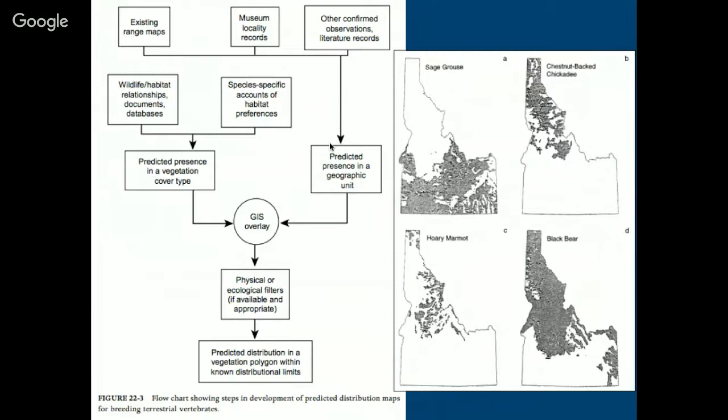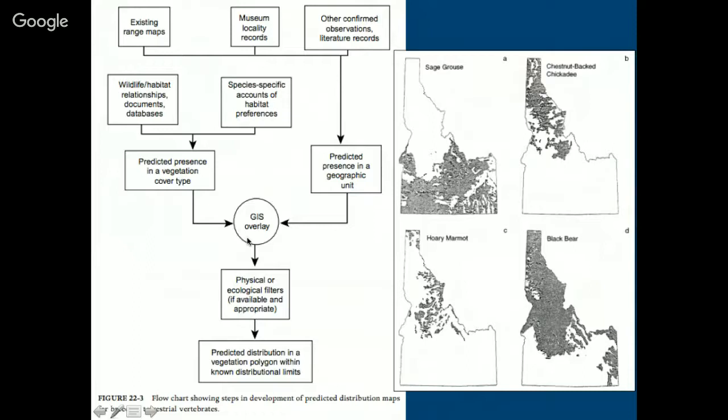US state of Idaho. But then information is harvested from sources such as wildlife habitat relationships, documents, databases, species-specific accounts of habitat preferences. And so that is turned into predicted presence in a vegetation cover type. And so once you know that sage grouse exists in Idaho and that sage grouse likes a particular vegetation type,